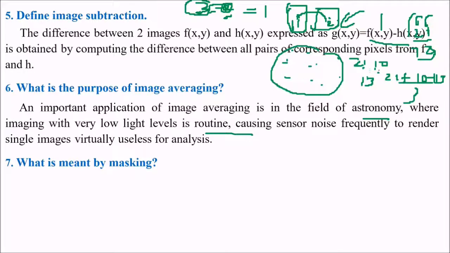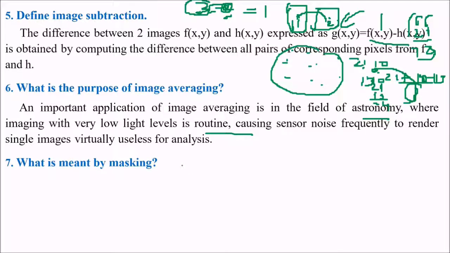So the final value of any pixel which you want to average is 21, 13 and 10, that will be 44. So 44 divided by 3, the value will come here. You'll not paste a floating value, but you'll change it to an integral value. So this is the averaging.